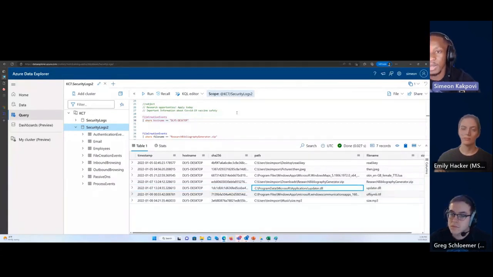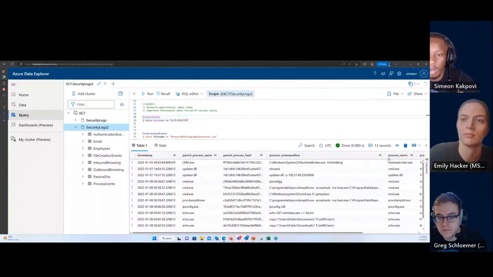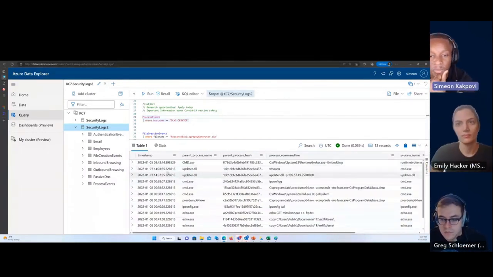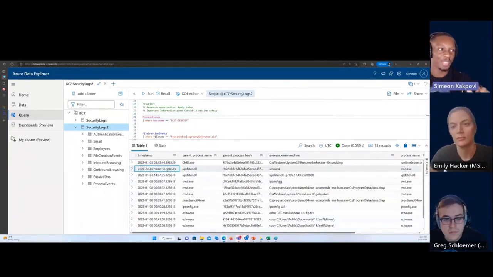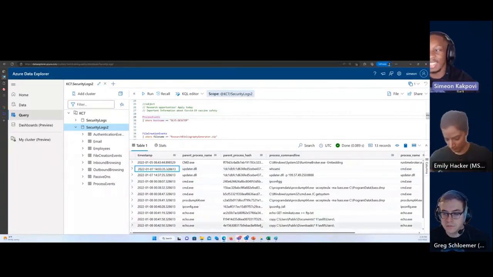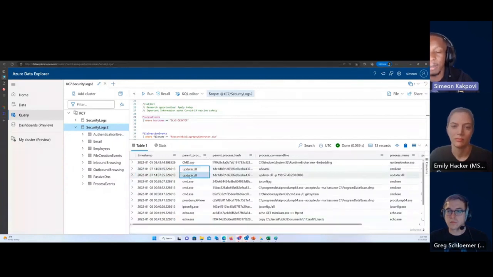And so what we can actually do is go into process events and see what actually happened on the box around that time to see if that updater.dll is suspicious. And what we see here is the updater.dll. Bear with us if you're not very technical. We're getting really into more technical things here. So it's okay. We're just demonstrating the power of the data here, right? No need to, yeah, it's okay if you're not keeping up. We're just demonstrating it. So we see this updater.dll.